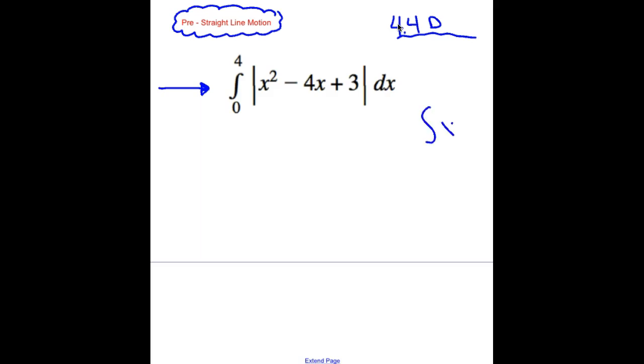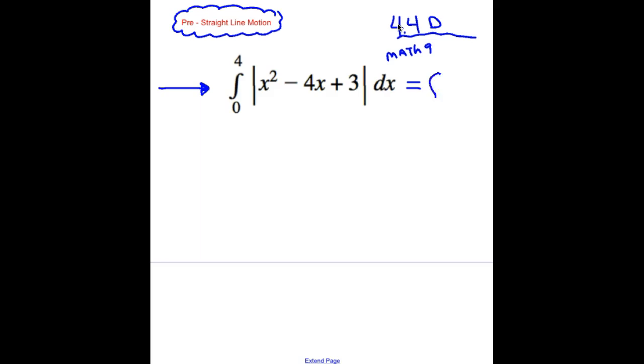If I were to ask you what's the antiderivative of x, you say x squared over 2. But when I ask you what's the absolute value's antiderivative, we get kind of stuck. This is how we tackle that. First of all, you could go to your calculator, and your calculator can handle it. If you just hit your Math 9,